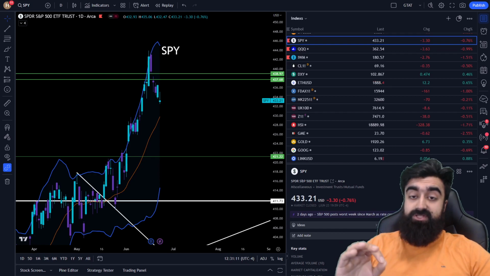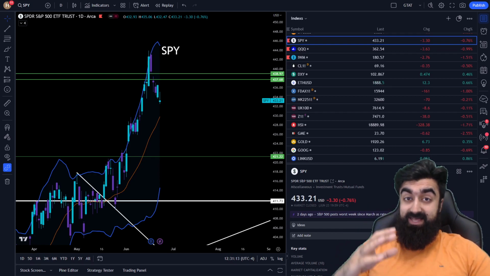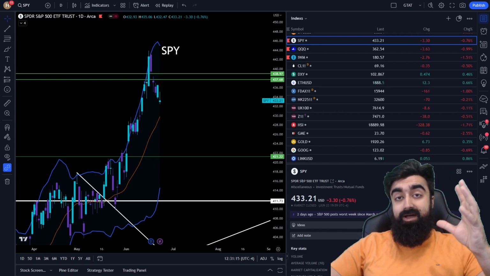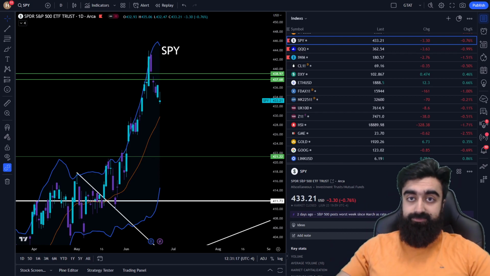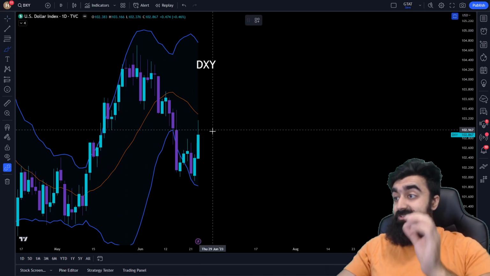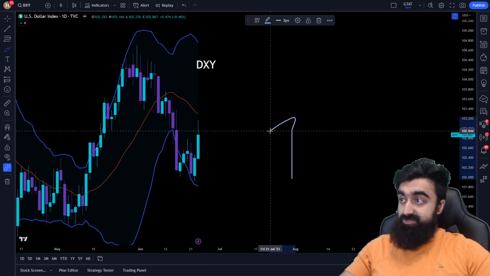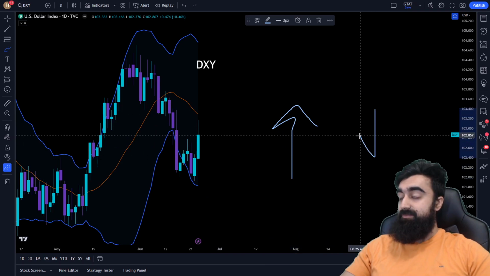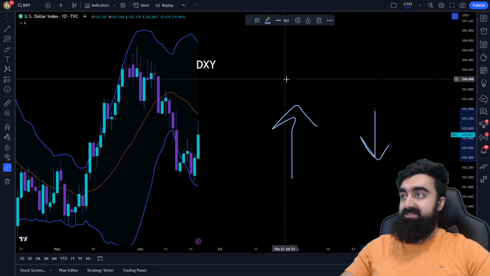What I first want to do is take a look at the dollar, because the dollar is a good gauge on how much weakness there is in the overall market. So let's take a look. We know that the dollar has an inverse relationship to the market. So if the dollar is doing well, that means that the stock market should generally be doing weak, and it's not going to be doing well.